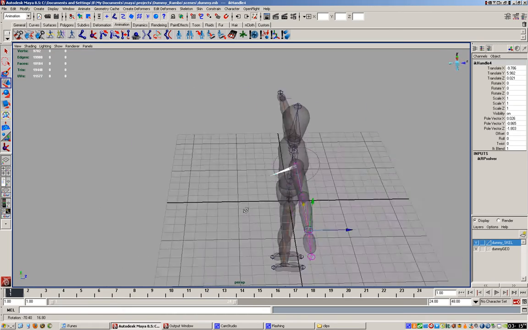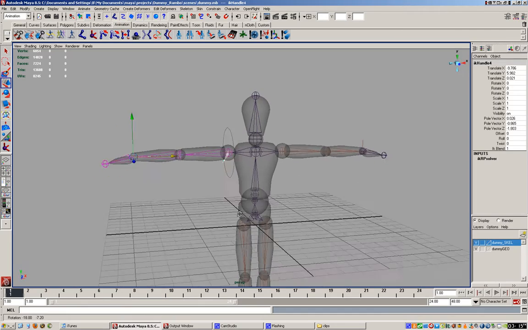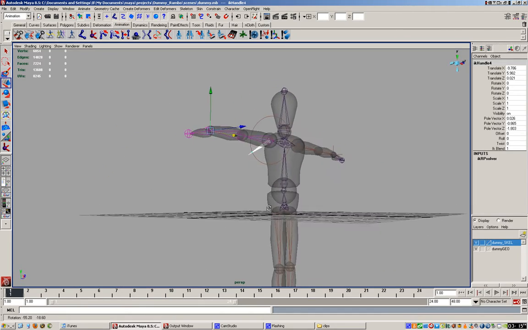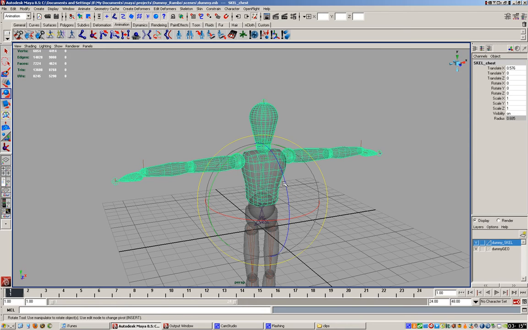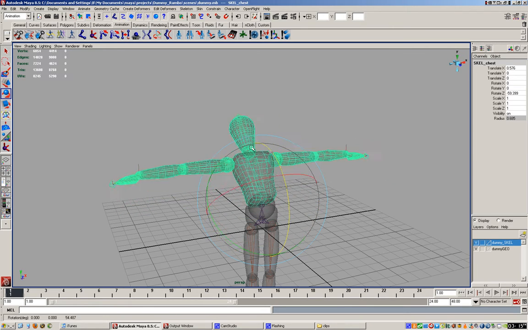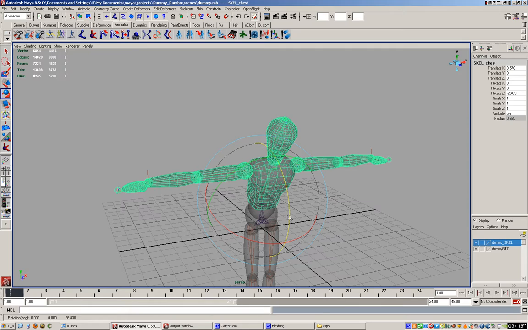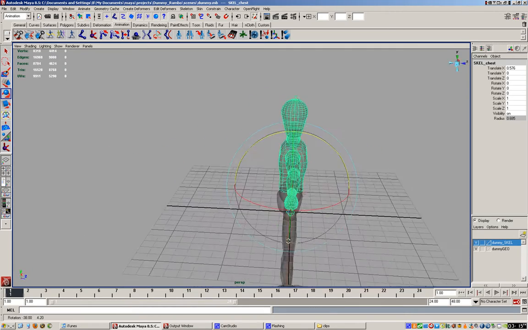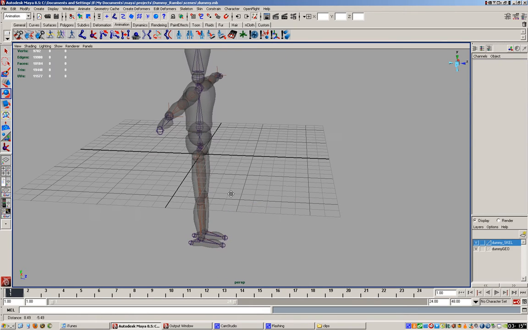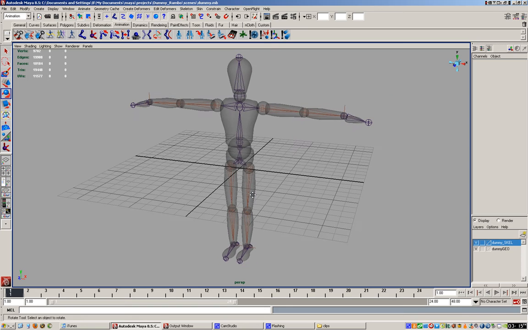So essentially I have 4 IK chains, and I don't know if I want to put any more in. I think the rest I can probably do manually. That's basically up to you. You could do it all manually if you wanted instead of doing IK chains. But now I'll probably